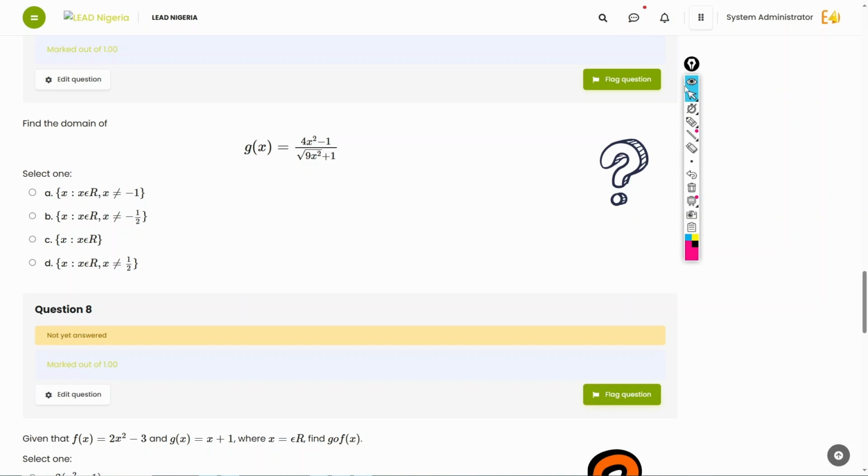Okay, so we have two restrictions. Restriction 1 is that your denominator cannot be allowed to equal 0. All right, your denominator cannot be allowed to equal 0. So by that, if I have